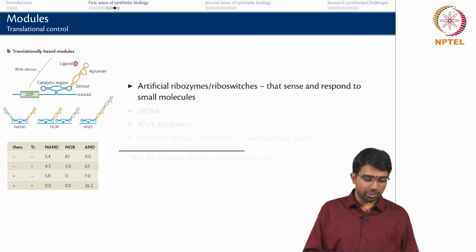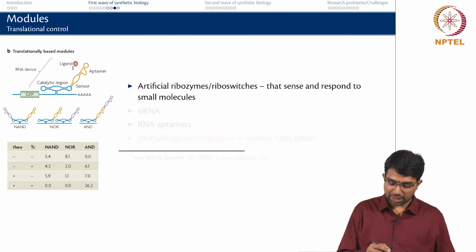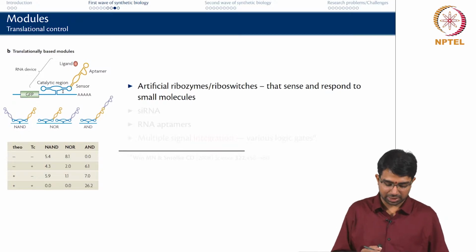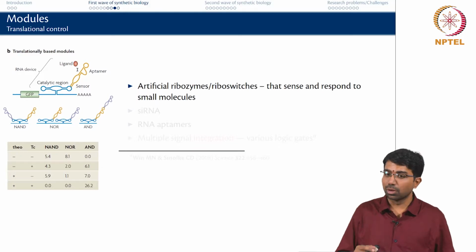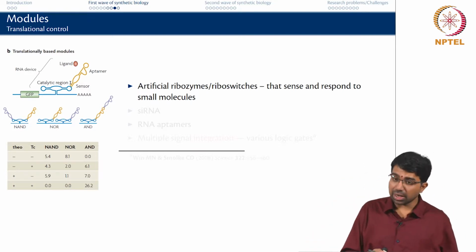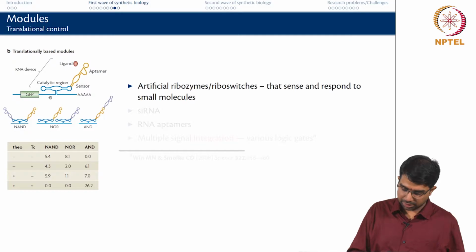There are translational modules where there are ribozymes or riboswitches. So, ribozymes are basically RNA molecules that can act as enzymes. RNA can fold into nice loops and so on, and there are regions of RNA that can actually bind certain ligands. So, you see there is a theobromine binding domain in one of these RNA and so on,